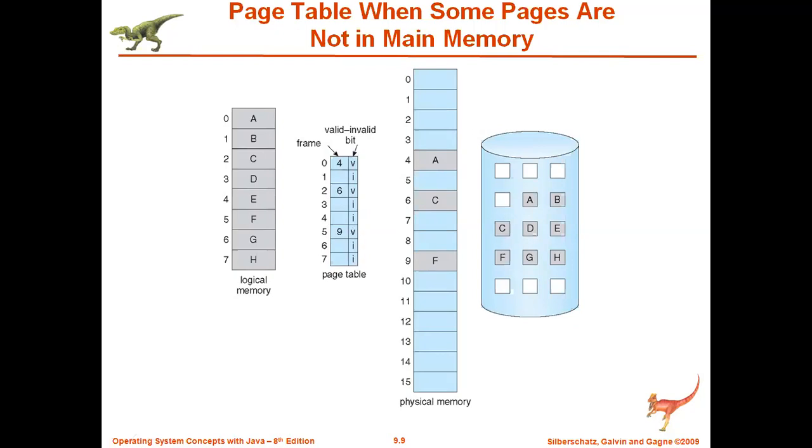In this case, when the CPU comes and requests B, we will check. First we come here and see whether the first page is loaded. No, it is empty. Then the CPU will send a request to the operating system asking whether it is there or not. In that case, the operating system will check.